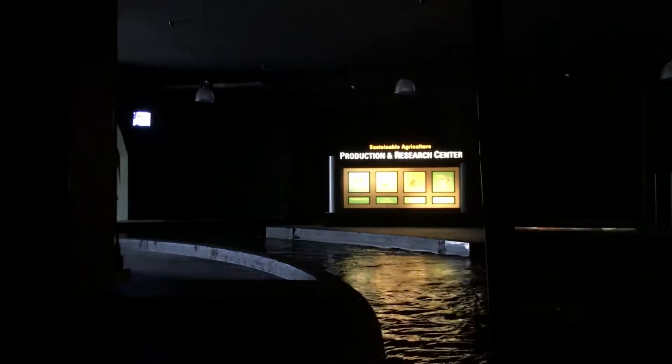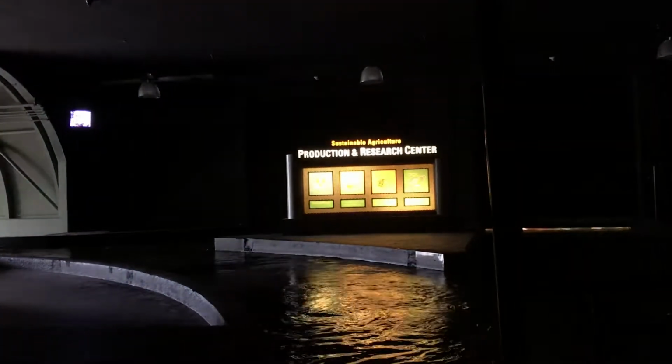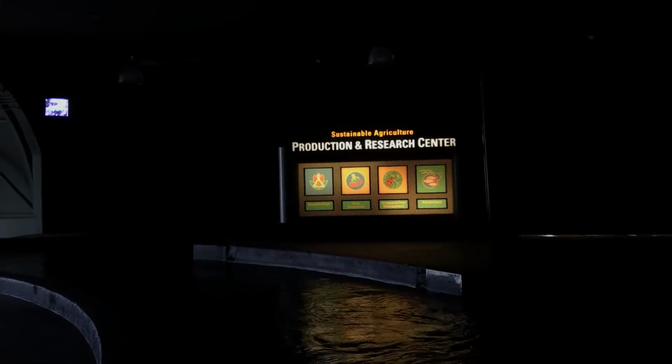In Saudi Arabia and Mexico, we're learning to produce food on desert seacoasts by developing and planting crops that